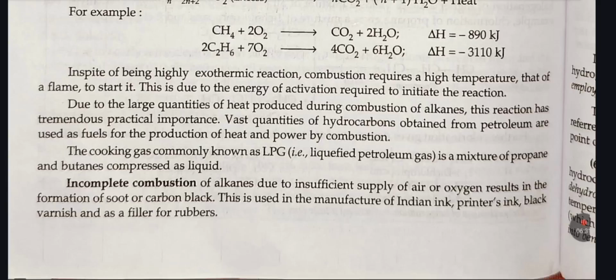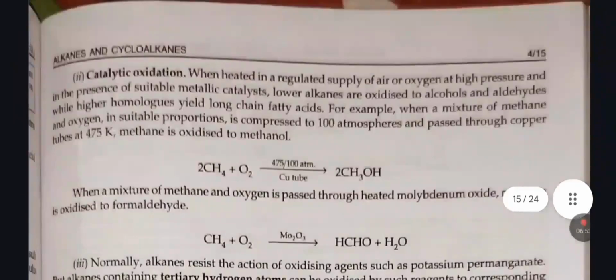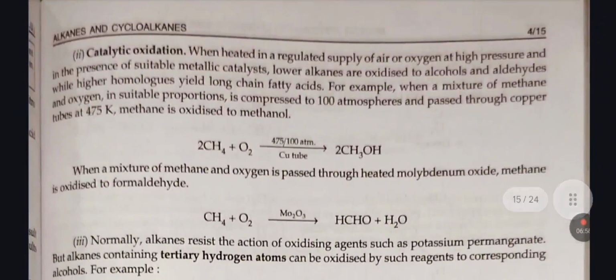Incomplete combustion of alkanes due to insufficient supply of air or oxygen results in the formation of soot or carbon black. This is used in the manufacturing of Indian ink, printer ink, black varnish, and as a filler for rubbers. Second, catalytic oxidation. When heating in the